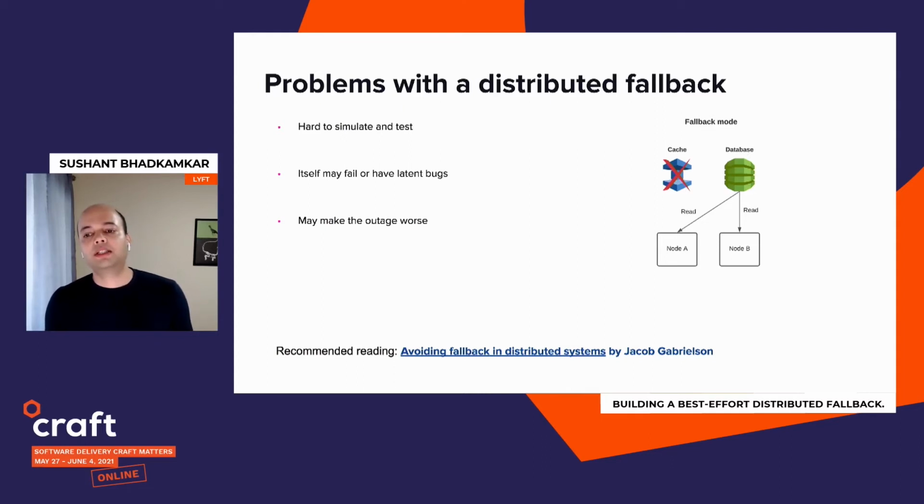At the same time, your fallback mode is only getting executed in certain special conditions, whereas your normal mode is being continuously exercised, and you're continuously adding code or features to your normal mode of operation. So there is a chance that the two modes start diverging. Maybe the contract starts diverging. You may forget to update the fallback mode with the changes that you've made in the normal mode. So the fallback mode in that situation can fail.